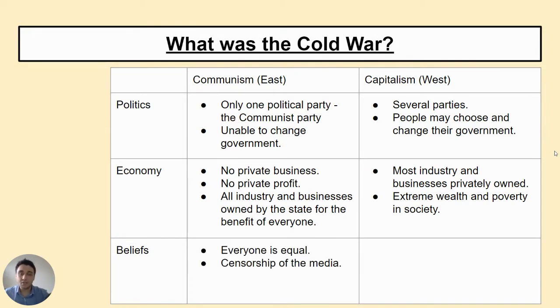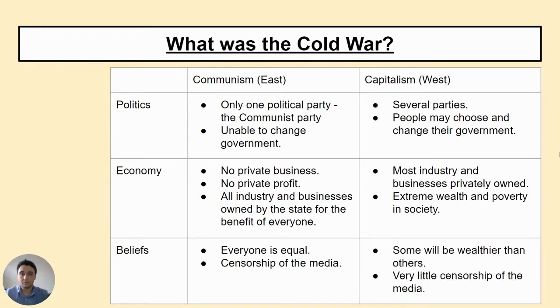And what about beliefs? Well, communism, the main belief is that everyone is equal, although you could argue some are more equal than others in the Communist Party, and there is a censorship of the media. You're not allowed to criticise the government because it's working for the benefit of everyone. Whereas the capitalism, as we've just said, some will be wealthier than others, but there's very little censorship of the media. Newspapers, TV stations, radio, they can say what they like about the government,